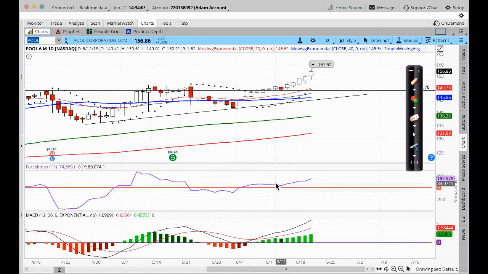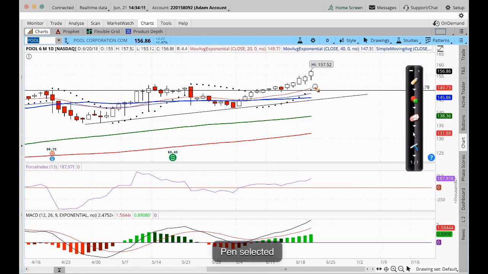Okay, so some people would ask me, so Adam, are you saying that if I want to go long, I want to buy, all three indicators must be bullish? That means the parabolic SAR must be below the candle, the force index must be above zero, and the MACD must be bullish. That means the MACD line, black line above red line, green bars. Must all three of them be bullish? The answer is no. You don't need all three of them to be bullish, because